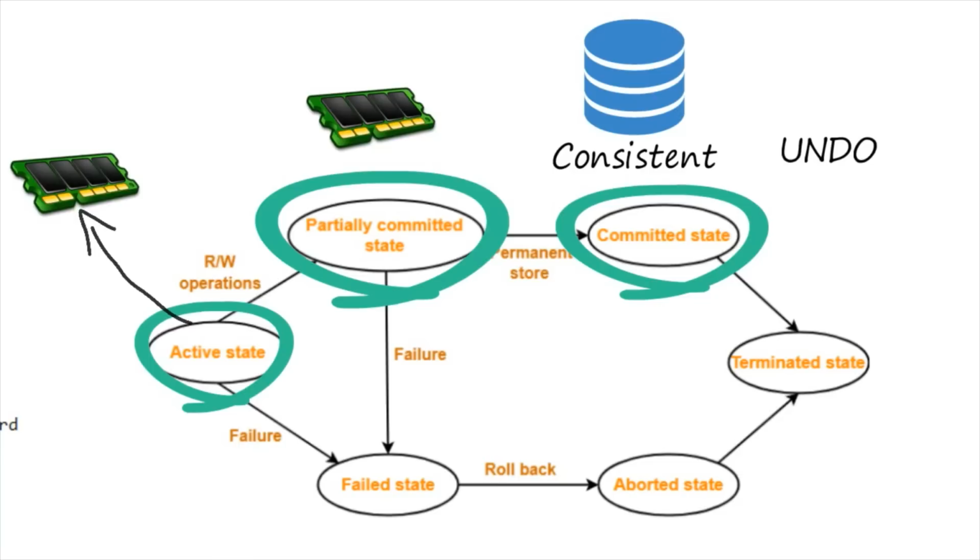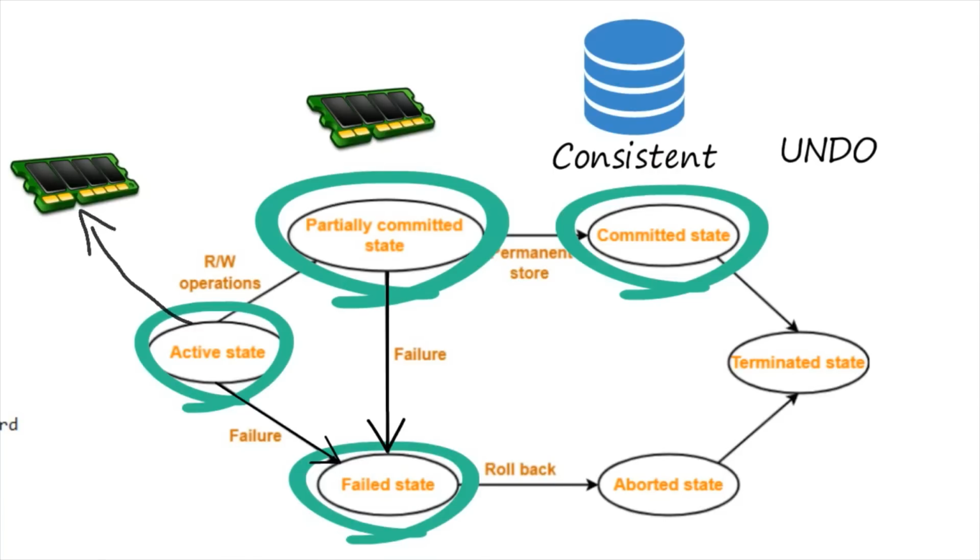Now, there is another important discussion about the fail state. When a transaction is getting executed in the active state or in the partially committed state, some failure may occur due to which it becomes impossible for us to continue the execution of the transaction. So at this point of time, due to some failure in these two states, your transaction will come directly into the fail state. That's why we have two arrows from this state.